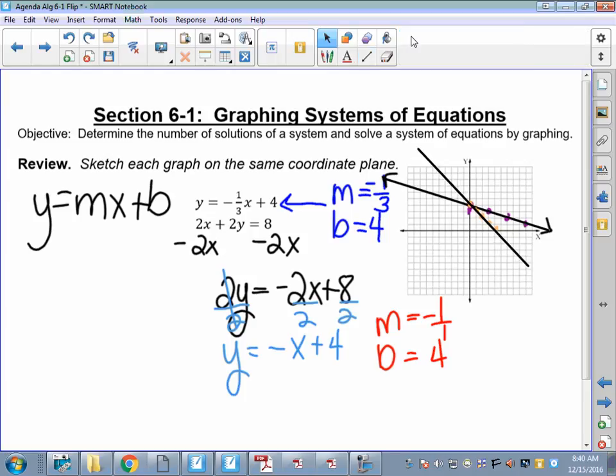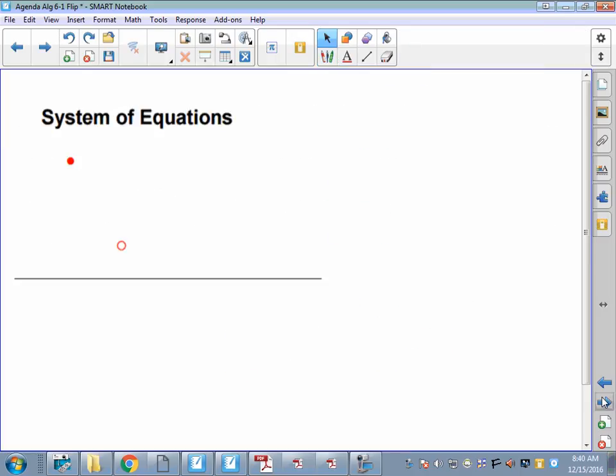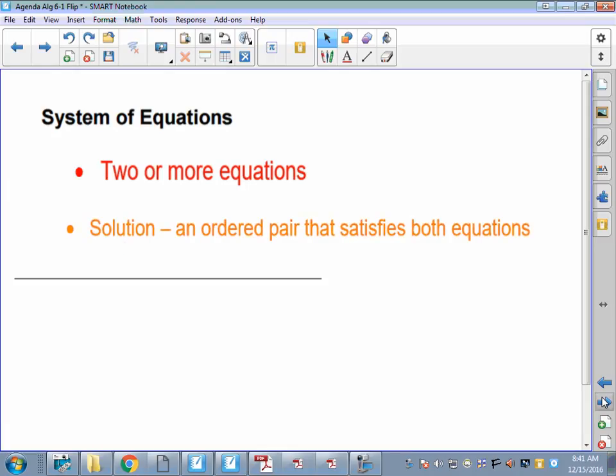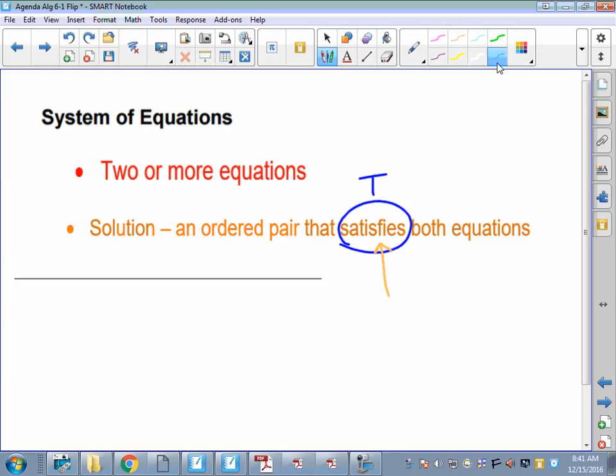So all I really did here was graph two lines on the same plane, but notice my two lines intersect. So we are going to use this to find solutions. Notice right here it says, determine the number of solutions and solve the system. So here's what you need to know. First of all, a system of equations is when you've got two or more equations. And the solution is an ordered pair that satisfies both equations. Satisfies makes it true,